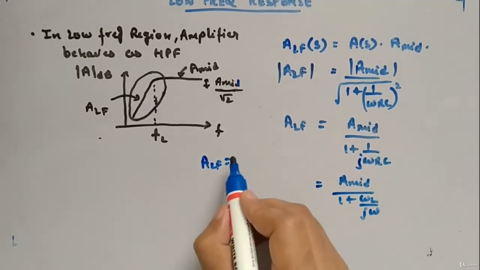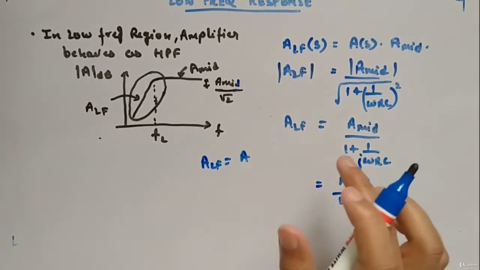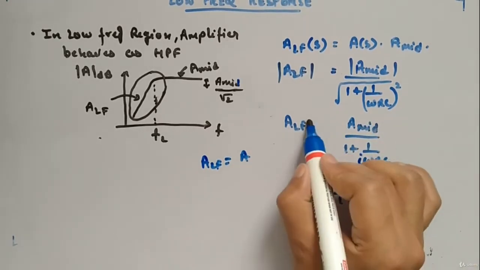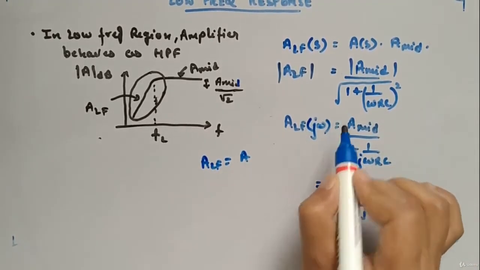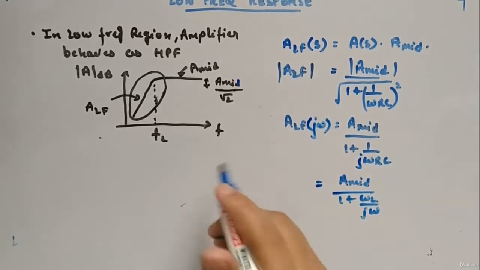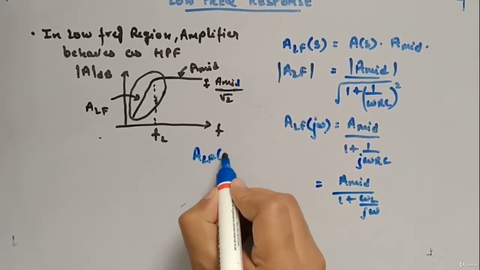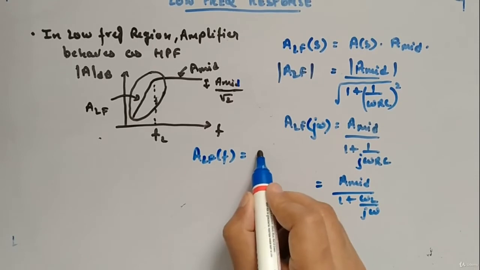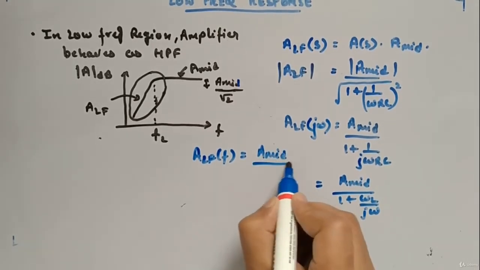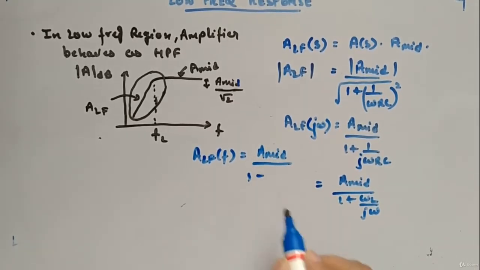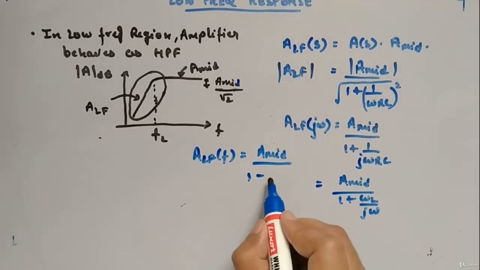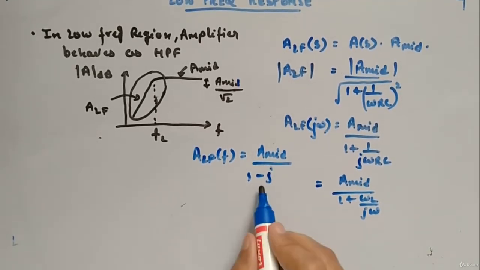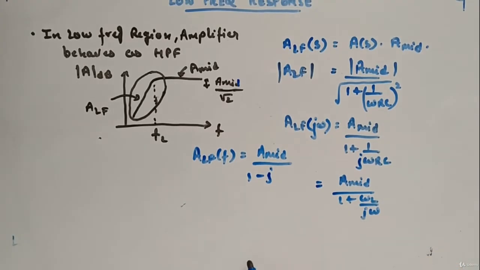ALF is equal to frequency in hertz. So this is j omega. Okay, then this is ALF of F is equal to A mid divided by 1 minus j term. I am keeping the j in the numerator, that's why minus is coming. Minus minus will...